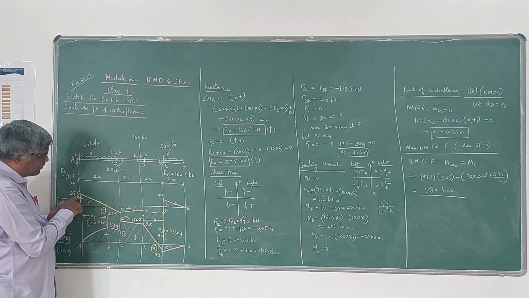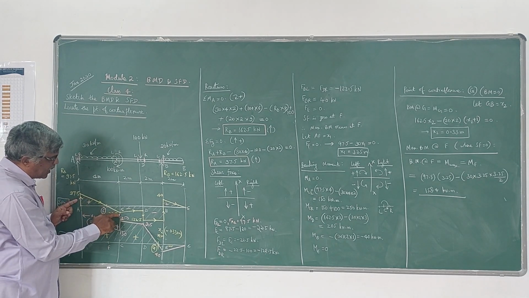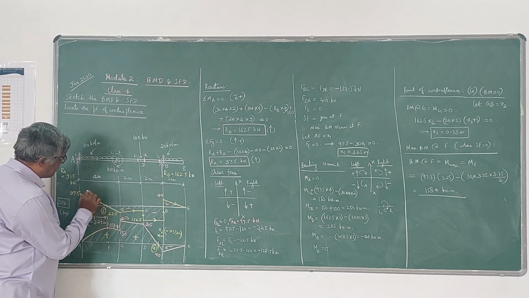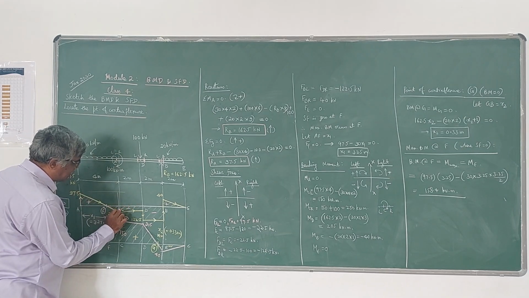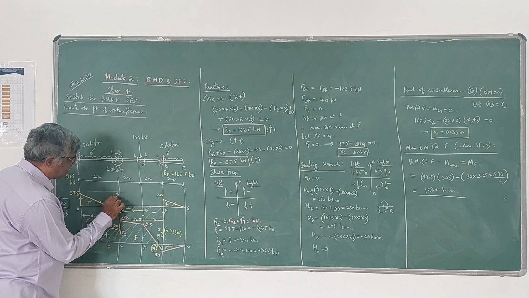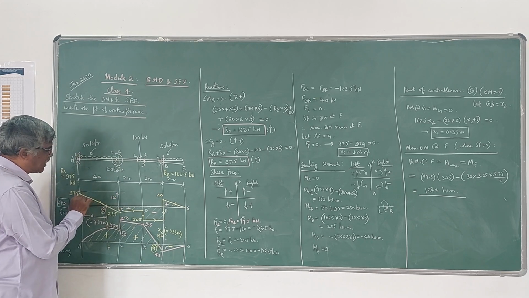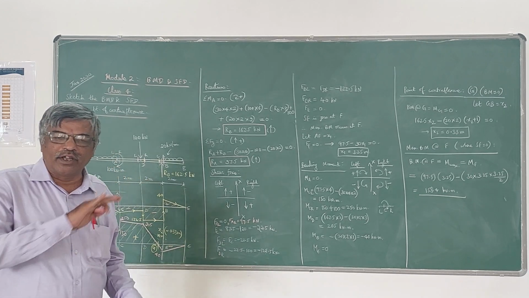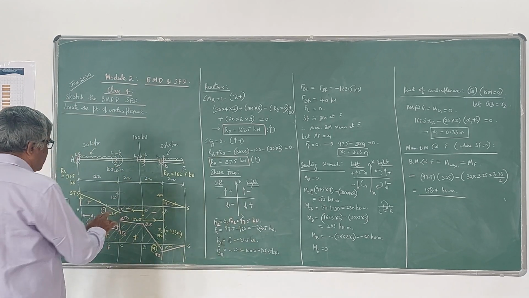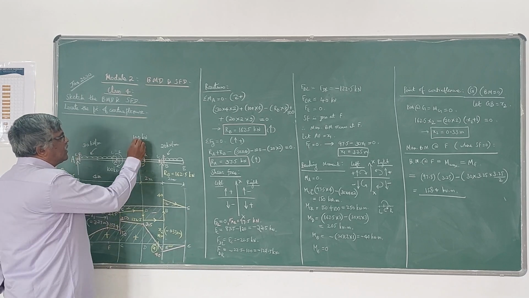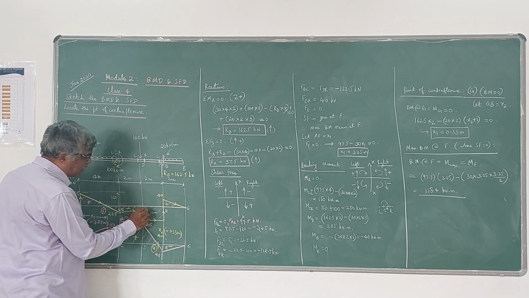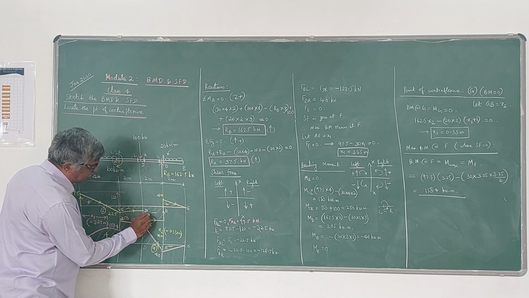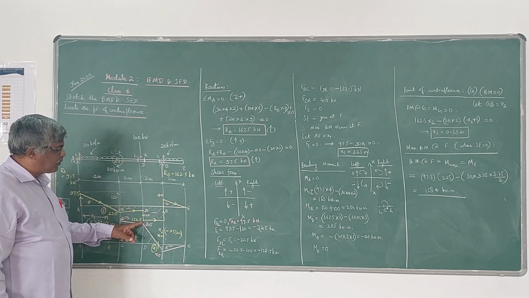Already we have 97.5 minus 120. If you take it, it becomes minus 22.5. So whatever is from here to here, this is 120. That represents the UDL portion. Then from C to D there is no force given. Therefore shear force remains constant from C to D. Then at D you have a 100 kN force acting downwards. So from this point you have to move downwards by 100. So then it becomes minus 122.5.